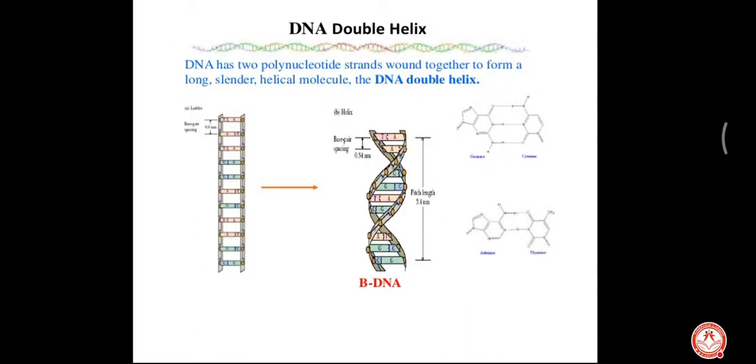DNA is a double helix structure given by Watson and Crick, who got a Nobel Prize for this. In the figure you can see the backbone of DNA is made up of alternate sugar and phosphate, and the nitrogenous bases are flanked inside following Chargaff's rule, that purine always pairs with pyrimidine. Adenine always pairs with thymine with a double hydrogen bond, and guanine always pairs with cytosine with a triple hydrogen bond. And the DNA is B-DNA, that is biological DNA, with right-handed